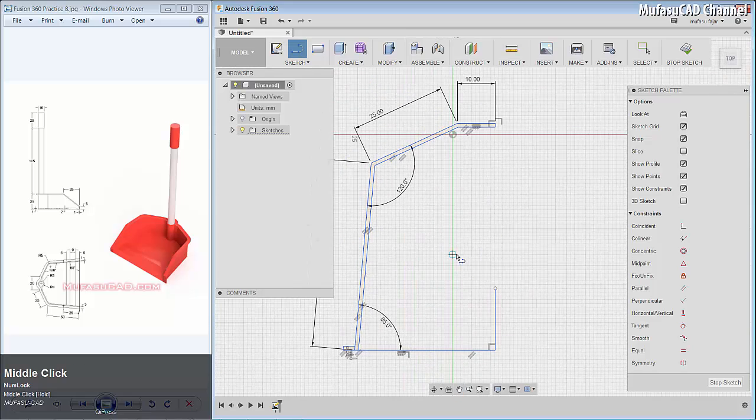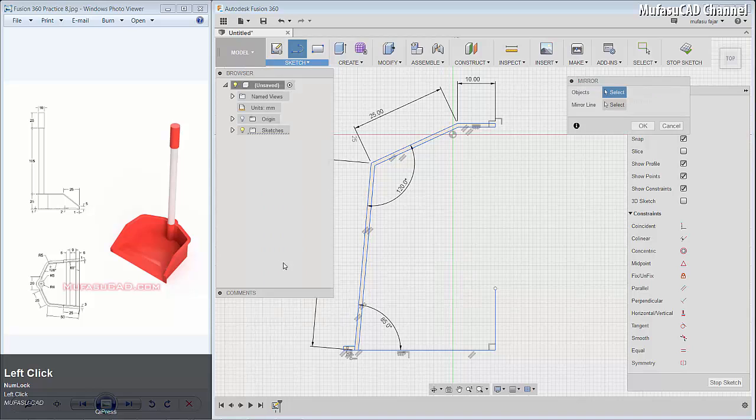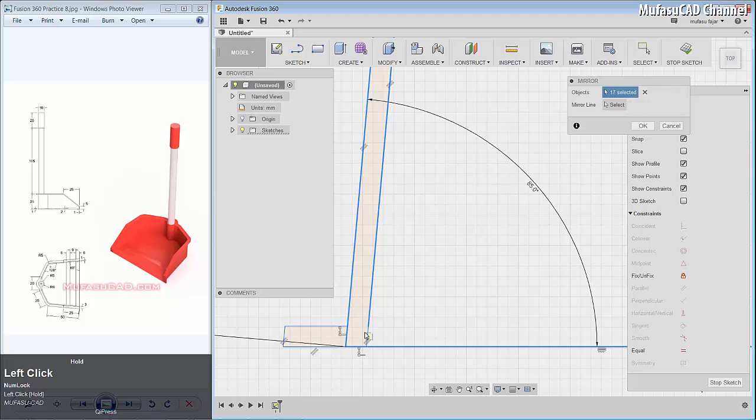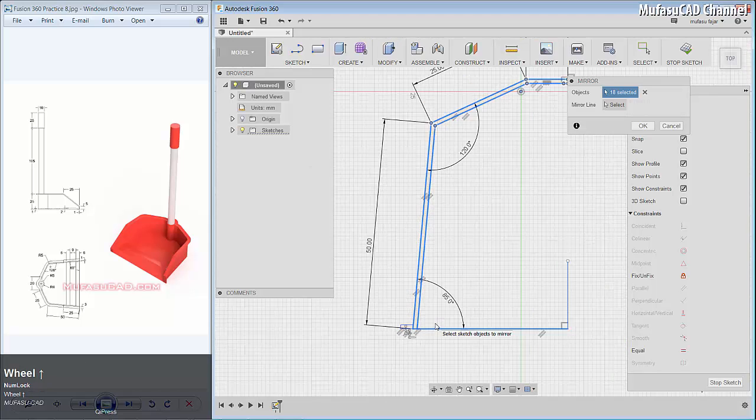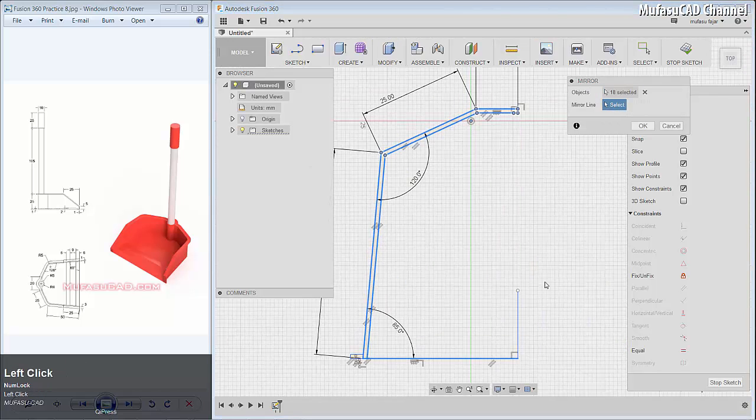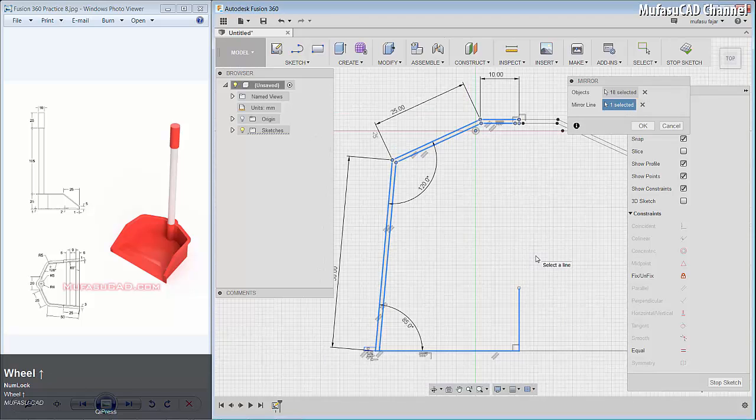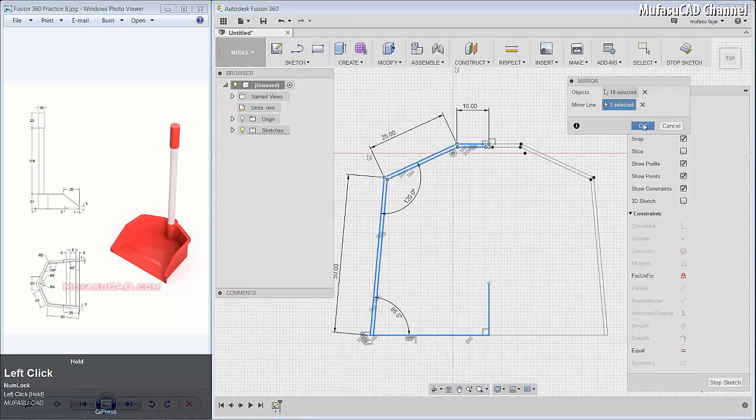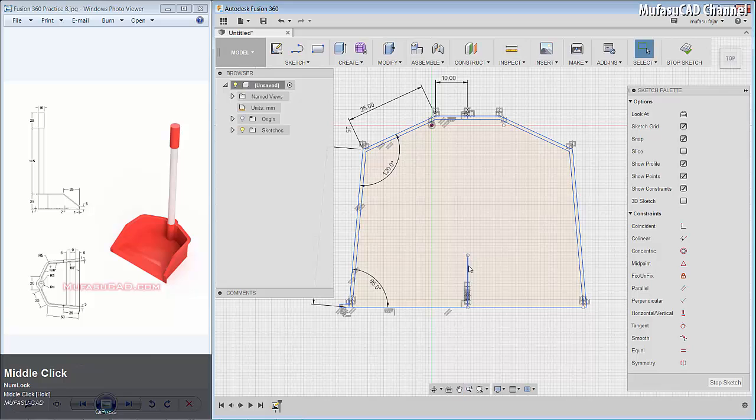And we use the mirror command to copy this object. You can select sketch, mirror, select this object. Okay, we'll select this object. And then for the mirror line, I will select this line and then click OK to finish. You can select this object and delete.